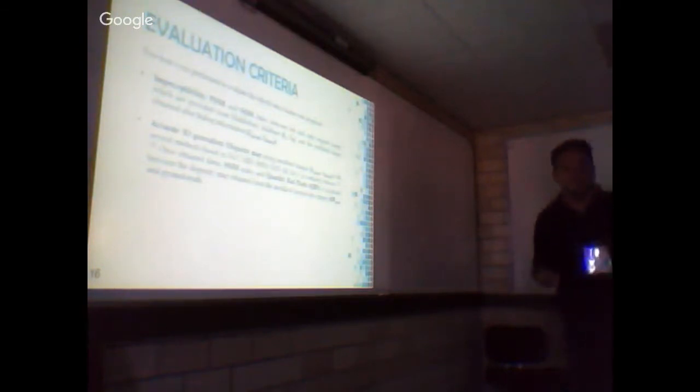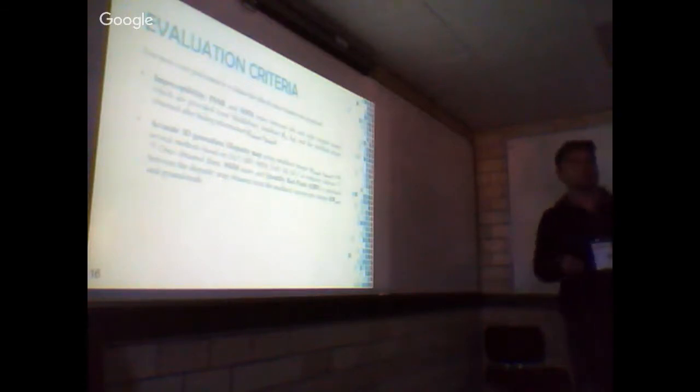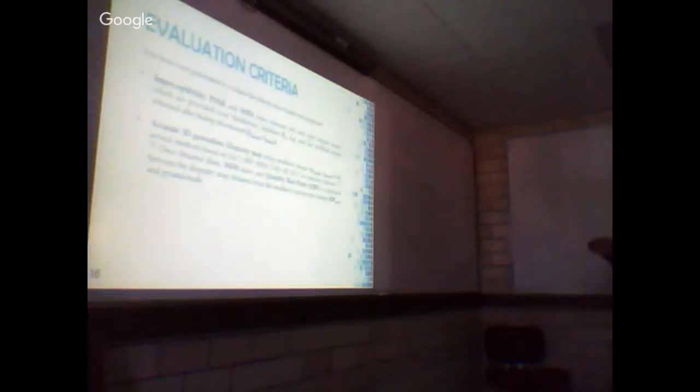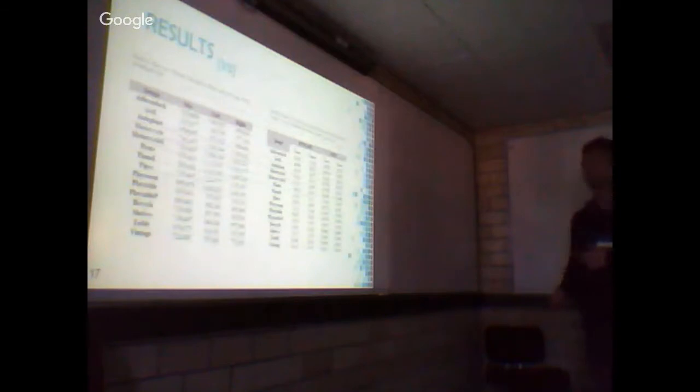We use SSIM index and quantity of bad pixels, comparing the disparity map that we make with the modified images and with the ground truth. So these are the